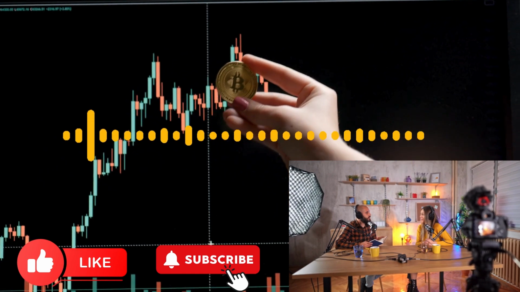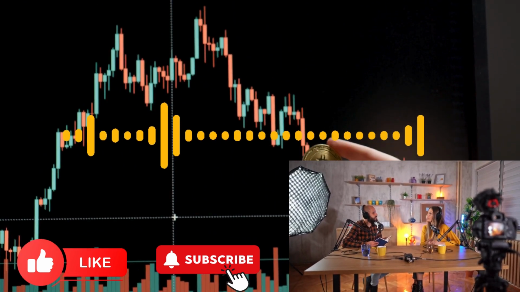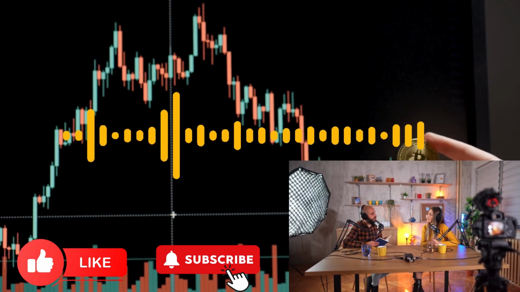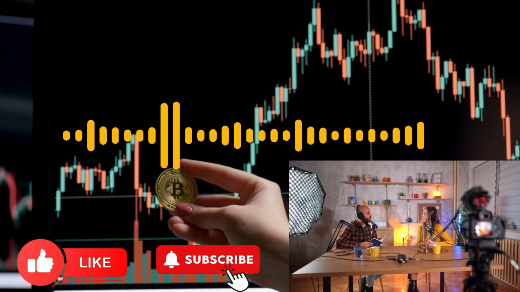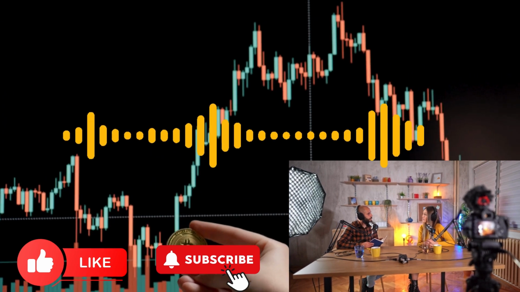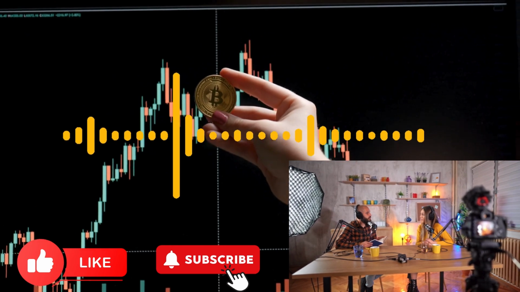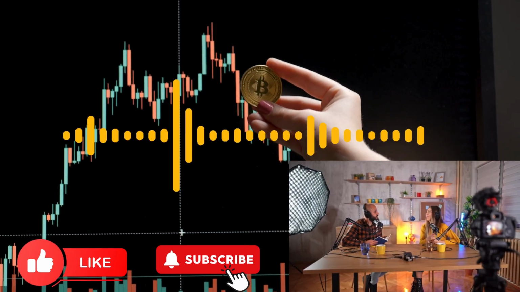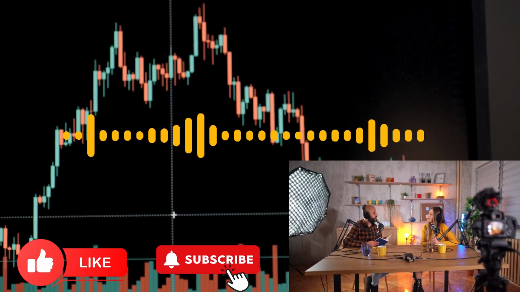Exactly, and that's probably bullish for Bitcoin. Another important indicator is the U.S. dollar index, or DXY. Okay, what's that? This measures the value of the U.S. dollar against a basket of other major currencies. So if the dollar is weak, Bitcoin's strong. Yeah, that's often the case. When the dollar weakens, it makes Bitcoin relatively more attractive to international investors.